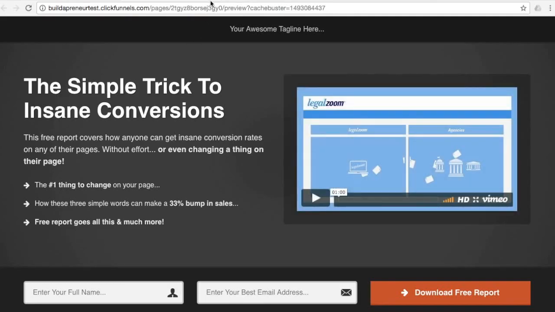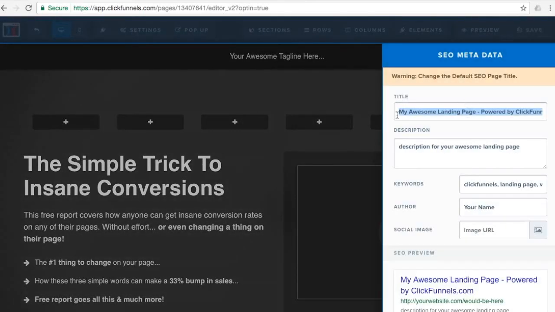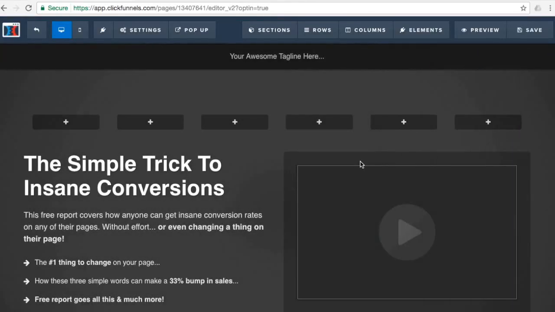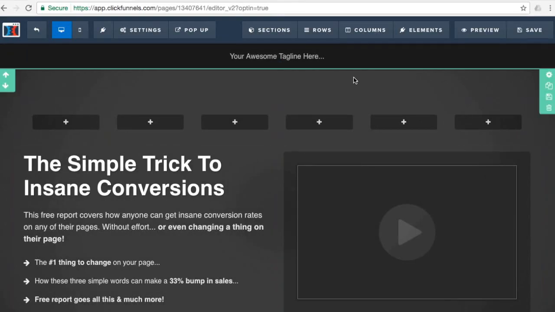Boom, it'll show you a quick preview of what it's looking like. And then you can save here. One weird quirk about ClickFunnels, you need to click save before you preview. Otherwise, it will not show you the most recent changes that you've made. So you need to click save, and then you can click preview, and it'll show you the most recent changes